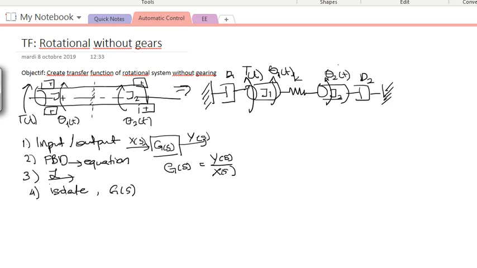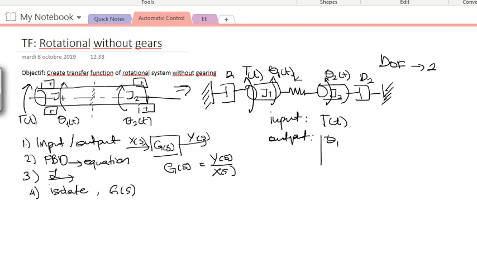So just to begin with, how many degrees of freedom do we have? We have 2 degrees of freedom. 2 degrees of freedom means we can have 2 outputs, right? So the input is naturally Tt, the torque, right? If I were to remind you, input is basically the thing that is controllable, that you give to the system so that at the end you can observe its behavior, and the output is the behavior that is to be observed. So now we have 2 outputs that can be considered.